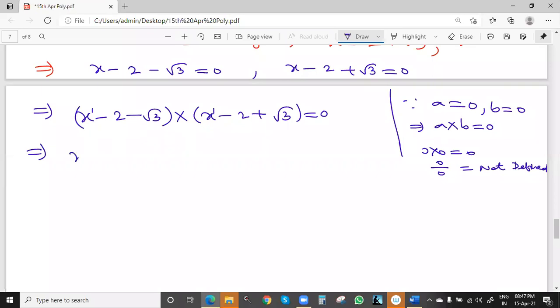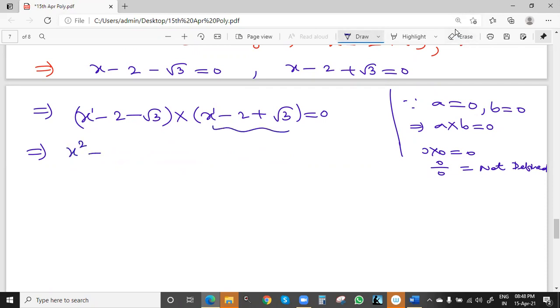See, x is first multiplied with all the three values, or we can take minus common, then 2 plus root 3, one value, into 2 minus root 3. But it is better to multiply 1 by 1, because proper values are not coming in the same form. So x is multiplied with all the three values.